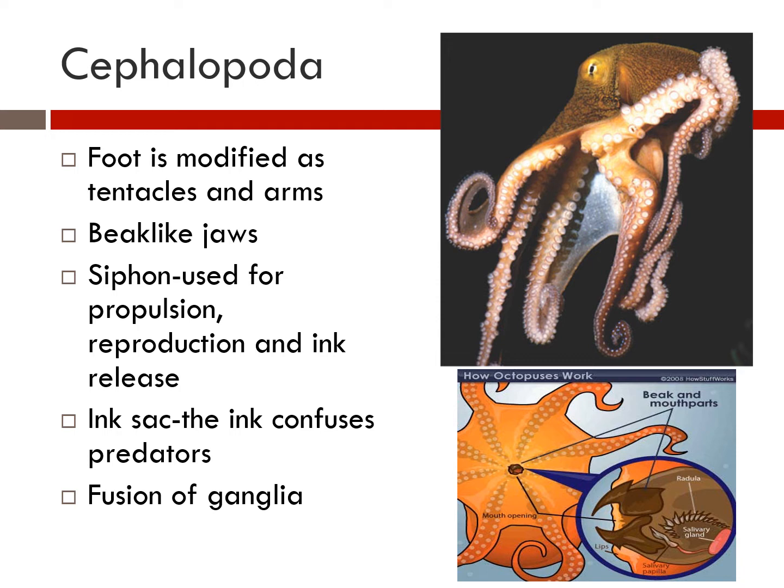They have a siphon that is used for propulsion, reproduction, and ink release. The ink sac confuses the predators. So whenever they shove off, you'll see they can release bursts of ink, basically a smoke screen. And they have a fusion of ganglia, right? So they don't have a brain proper, but octopus can be crazy smart,